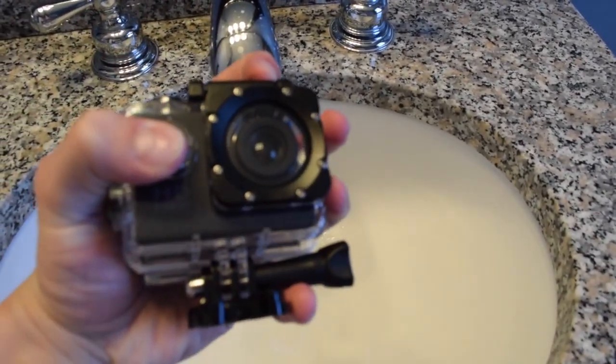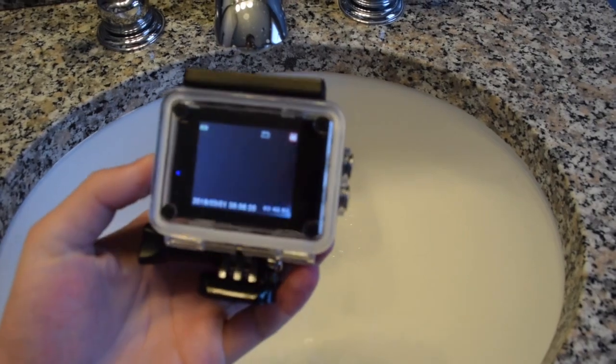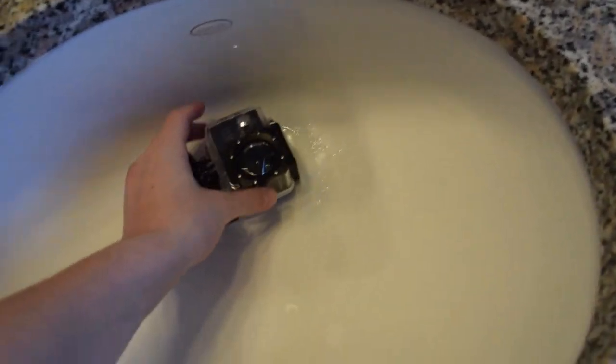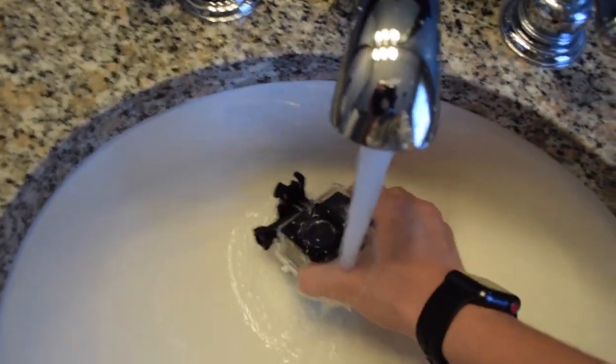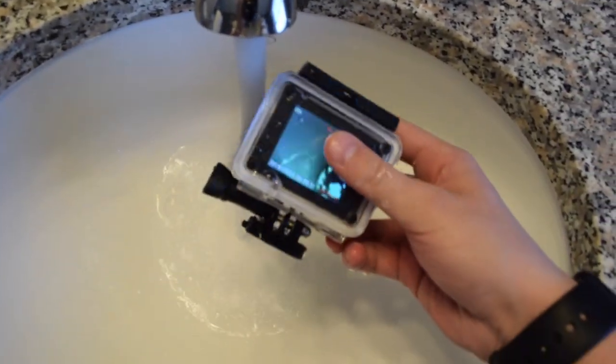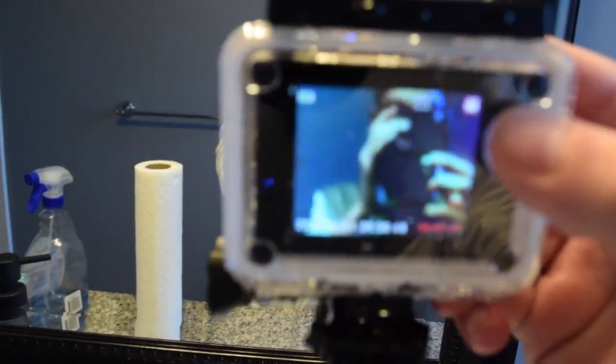Now, to test and show you the waterproofness of this camera, I'm going to turn it on. So we're going to press this button. We hear that little sound. It's already going to start recording. Yep, so it's recording. We're going to place it right under here. We're going to run some water over it. Really get it submerged in the water. As you see, it's still on. And right now you can kind of see me through it. I know it's a bit blurry. Now I'm going to show you what the video looks like after it's been submerged in water. To be honest, the footage obviously isn't going to be great because there's water rushing, but it does show